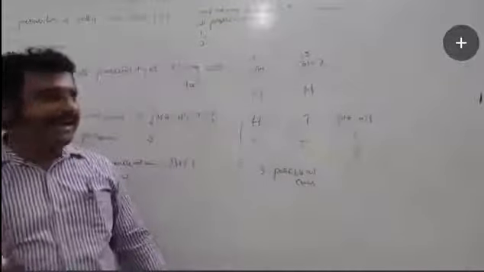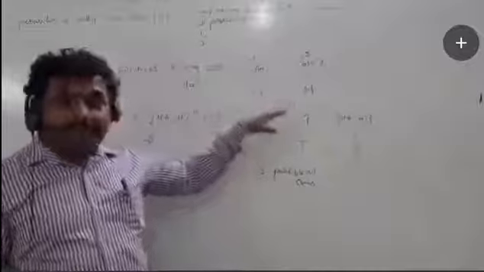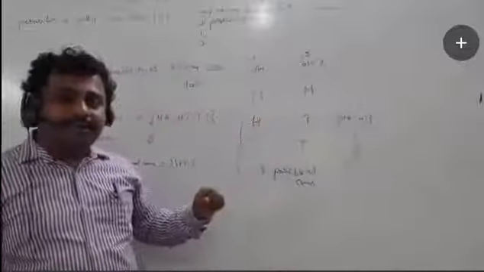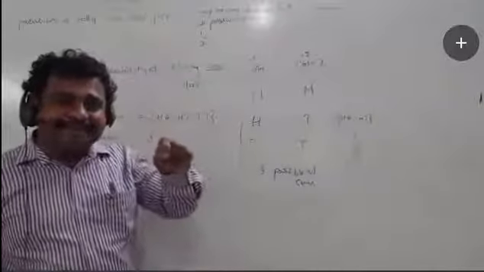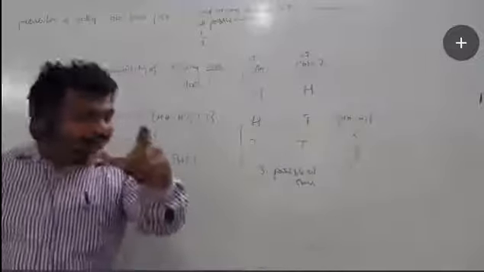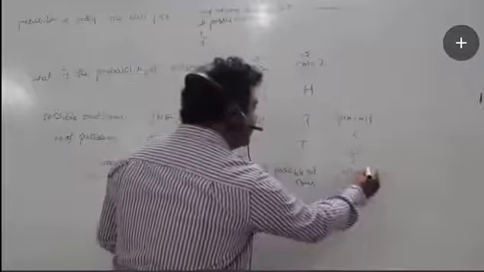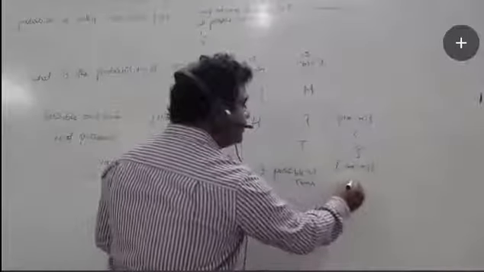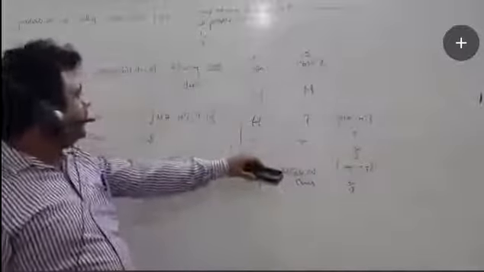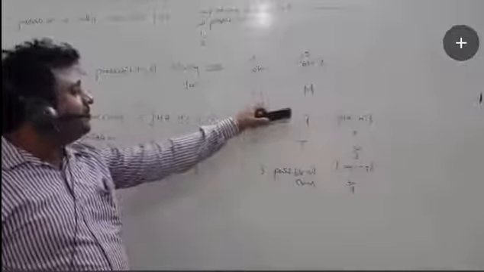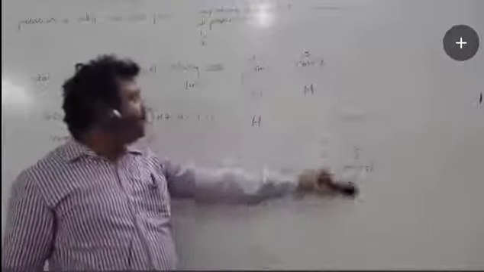Again, in this particular situation, what is the probability of getting at least one tail? Okay, students, at least one tail. So the favorable outcomes for at least one tail are HT, TT. So two situations, 2 by 3. What is the probability of getting two heads? Yes, two heads is HH, 1 by 3.